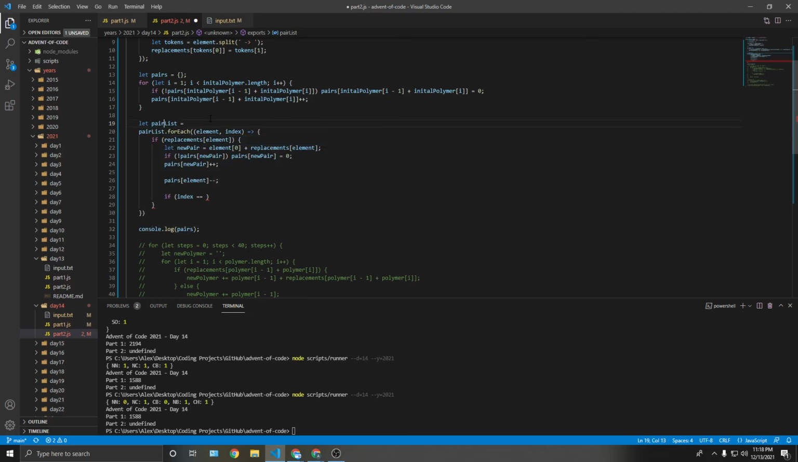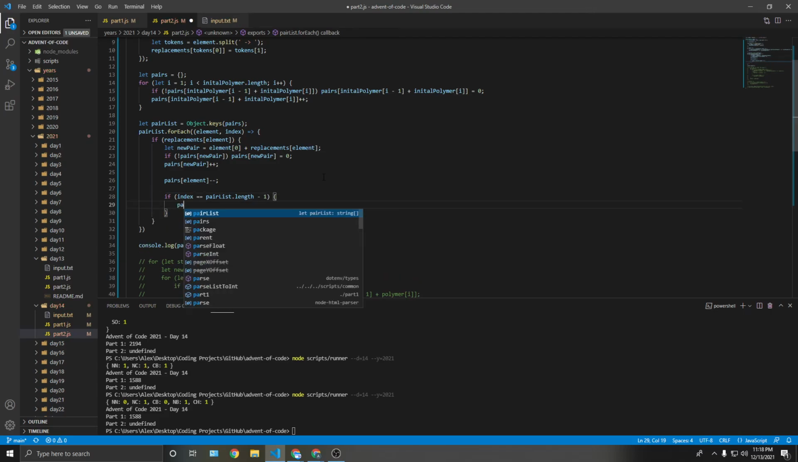Pair list, and then if the index is the last one, so -1, then wait, say again? Pairs of element. Sorry, I got caught up in this Chinese music. Not pairs of this, pairs of element of